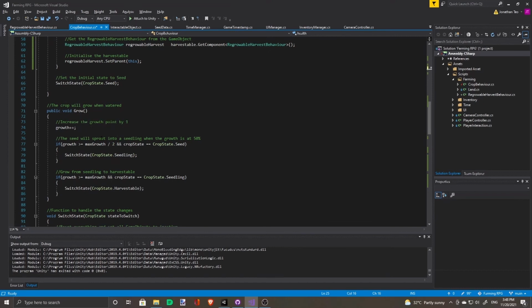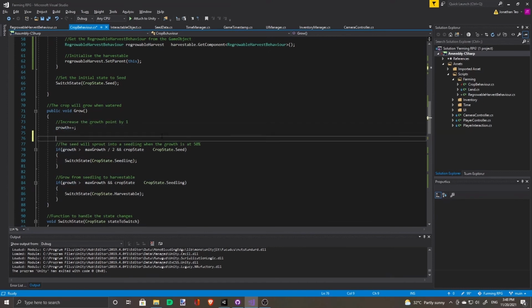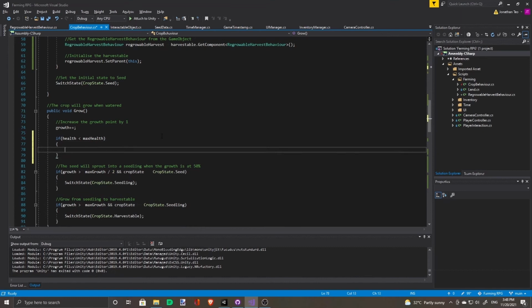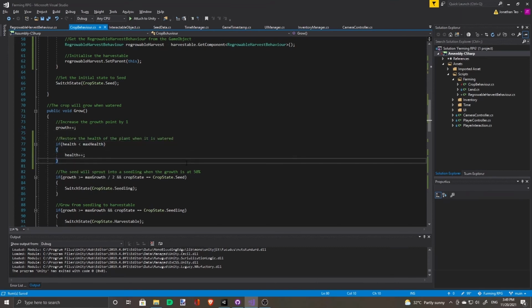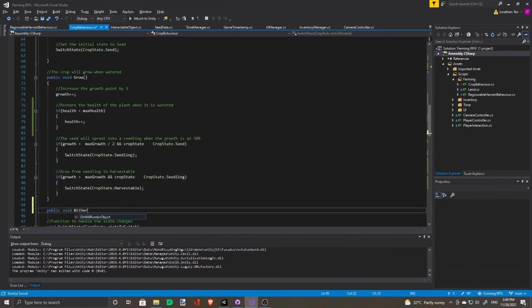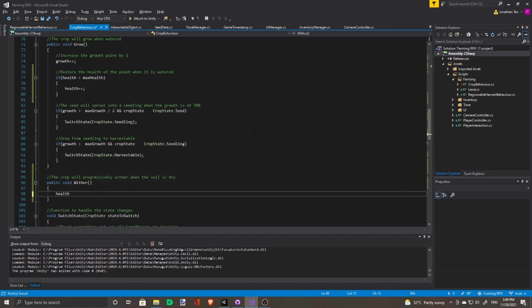So under the grow, so every time it grows, you get back some of its health. And add a function for it to wither. Decrease the health.